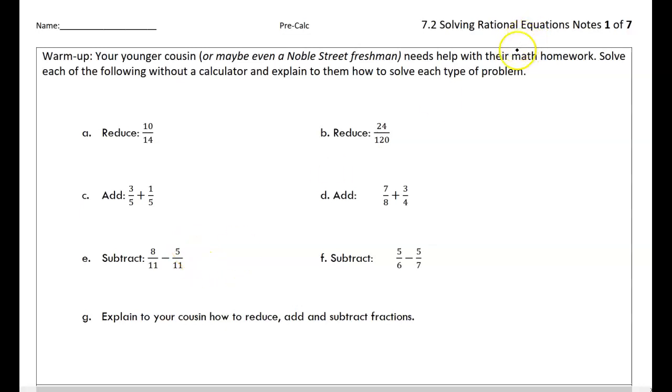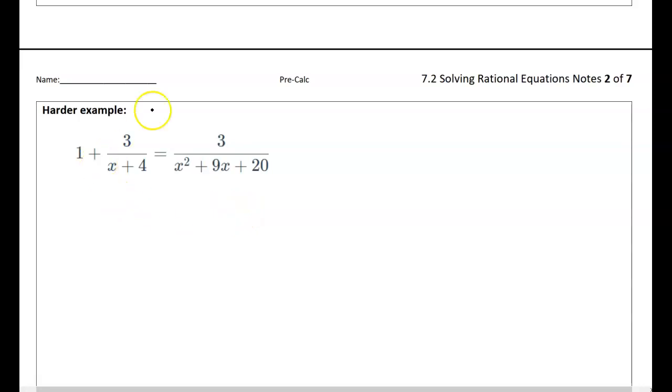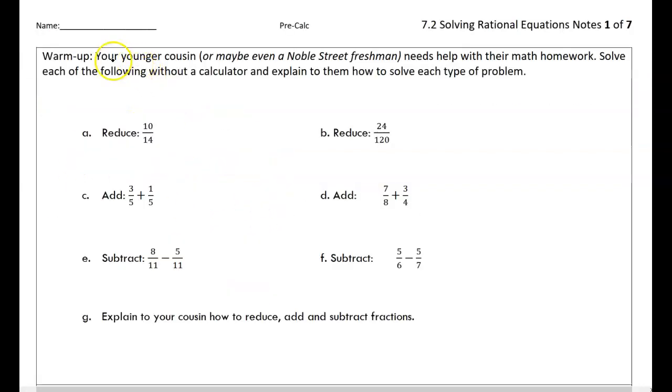Alrighty, in this lesson our goal is to solve rational equations, and those are equations that look like this mess on the second page of your notes, which to me looks a little bit scary. Luckily, rational equations, as we know, are made up of fractions, and they follow all of the same rules as fractions do. So we're going to imagine for a second that we're helping our little cousin, or maybe some freshman out of the hallway, with their math homework, and they have to reduce fractions and add fractions and subtract fractions